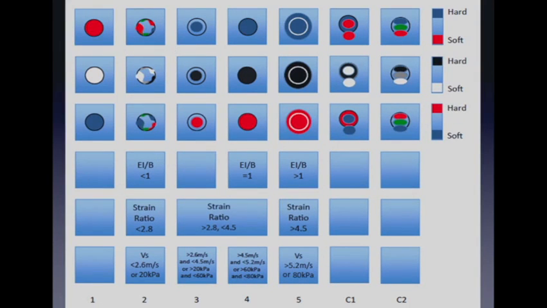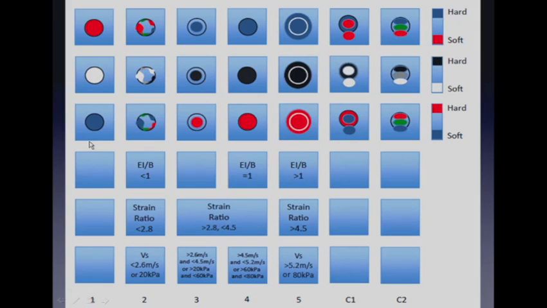I'd also like to show a table that I've made. I think that there are several methods that have been proposed to evaluate both strain and shear wave imaging. And I generated this table as one way of trying to pull all that information together and say that these are all looking at very similar properties, and it really shouldn't matter which ones we use because we should get the same results on either. The first 3 rows are actually the same